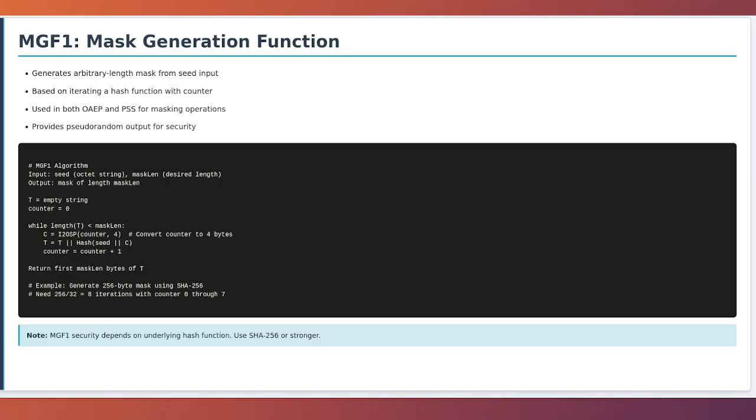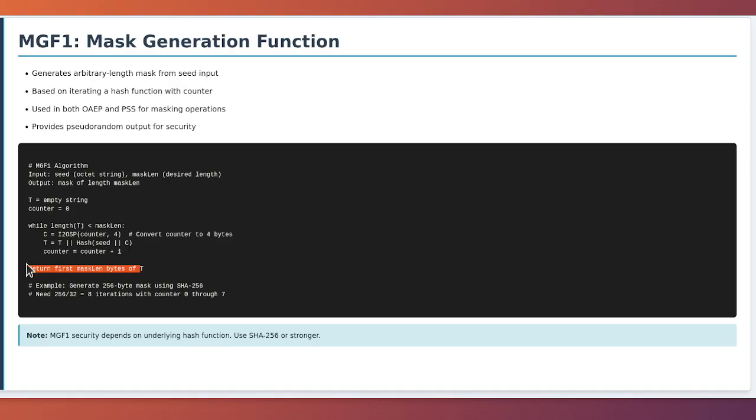Initialize an empty output string T and start with counter C equal to 0. For each iteration, convert C to a 4-byte big endian representation using I2OSP with length 4. Concatenate the seed with this 4-byte counter to form the input to the hash function. Hash this input to produce a hash output of hLen bytes. Append this hash output to T, increment C, and repeat until the length of T is at least the desired output length. Once you have generated enough output, truncate T to exactly the desired length and return it as the